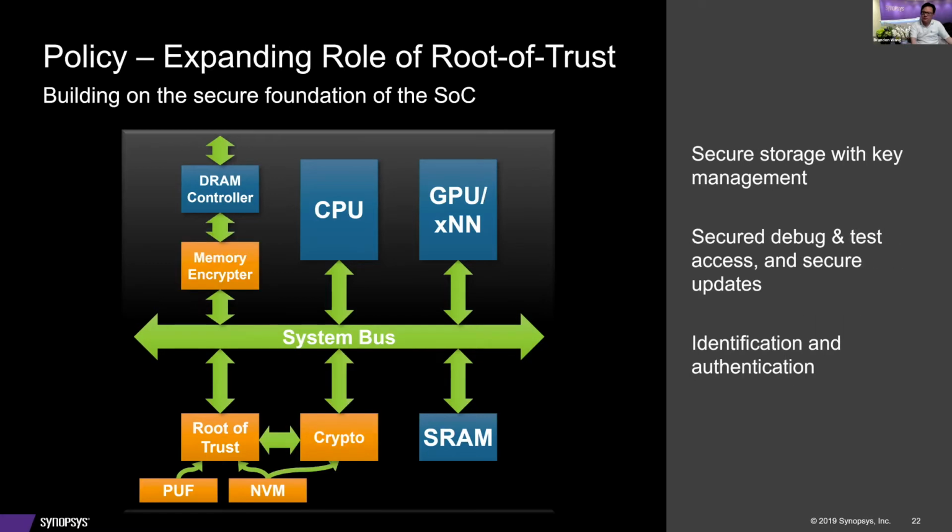And furthermore, on top of the root of trust functionality, we can layer on a secure bootstrap and storage of cryptographic keys. So you have secure debug and test access, and the ability to perform secure updates to software and firmware. Now you add runtime access control policy, detection of aberrant behavior, and measurement and attestation of subsystem state, and now you will really be able to detect a hack.